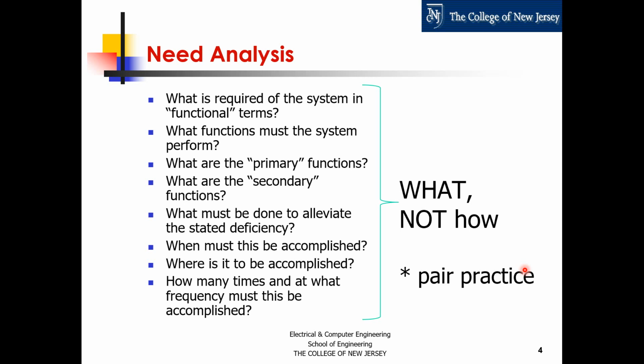And as you are thinking about your own system, you can start asking these questions and discussing with your partner, because you're going to have to go through all this process in the next project, discussing with your partner and then trying to capture the essence of that